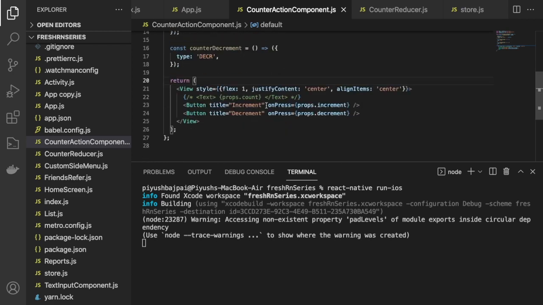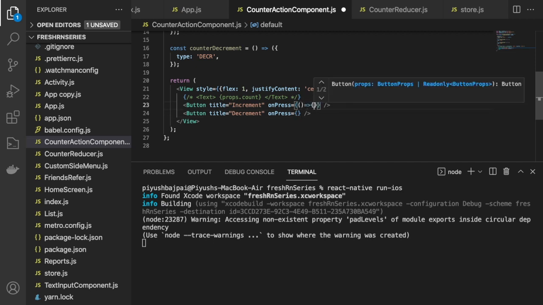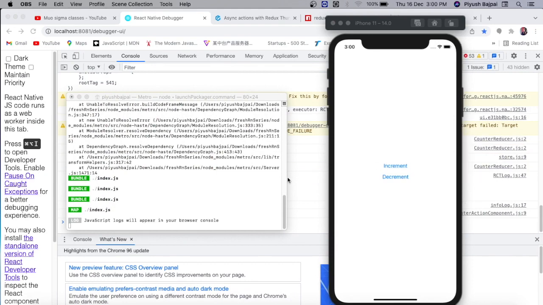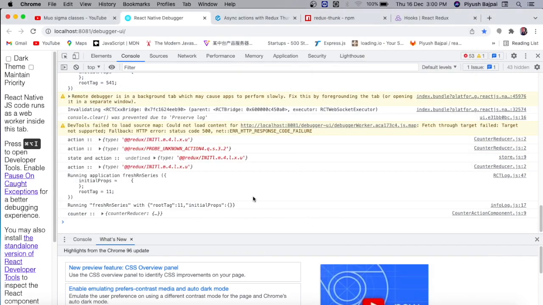I have to remove this actually, so I'm just removing this and putting the callback here like this. Cool. Now the application is launched and here we go.